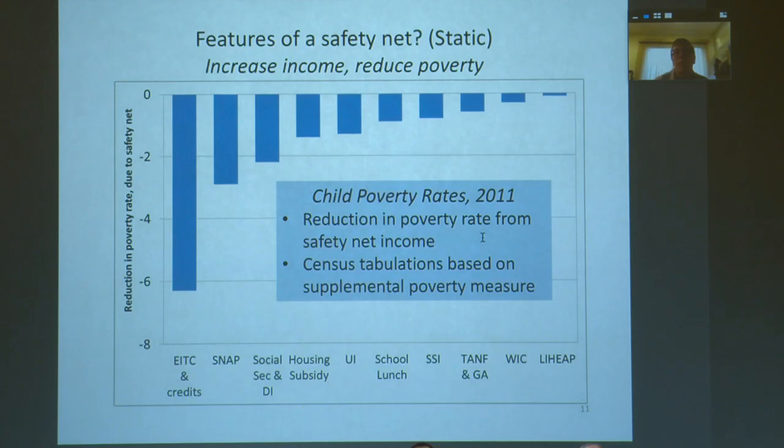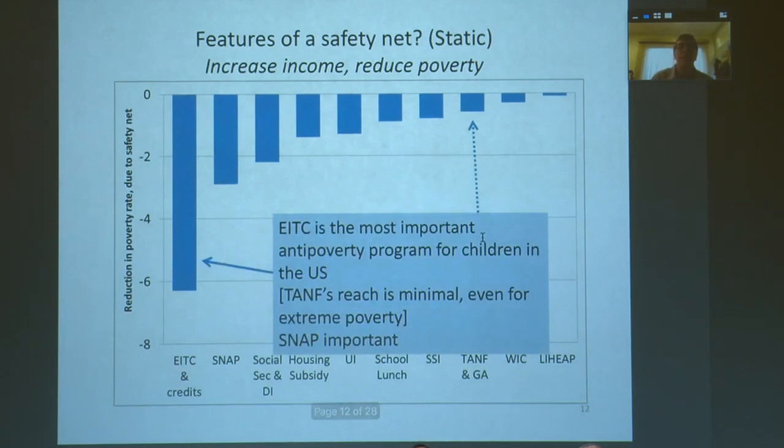So the reason that the EITC does so much, in part, is because the largest amount of the benefits are coming to people who are near the poverty threshold, so it's moving a lot of people across the threshold, okay? So EITC in this sense is very important, TANF is minimal, and SNAP is also important,